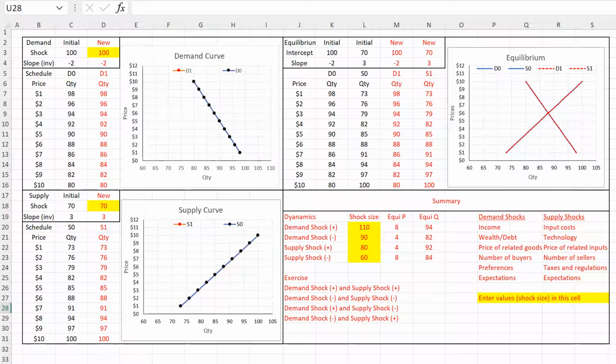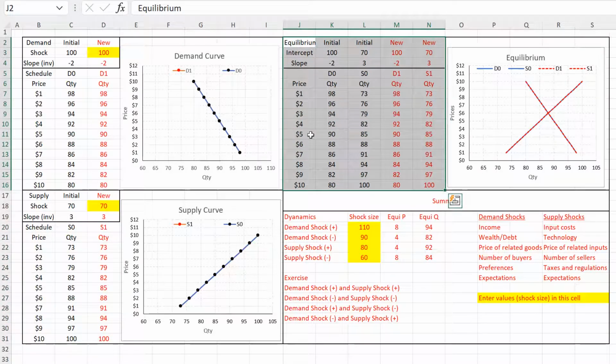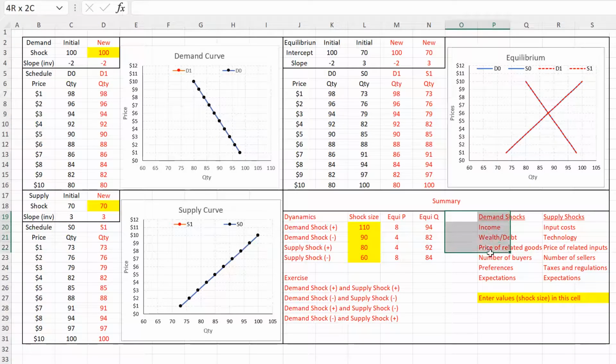In this video, we'll understand demand and its relationship with price, as well as supply and its relationship with price, and how the forces of demand and supply interact in the market to establish equilibrium price and equilibrium quantity. Then we'll also look into various reasons why the demand can shift, or the shocks that are going to shift the demand curve, as well as the shocks that can shift the supply curve, and that will affect the equilibrium